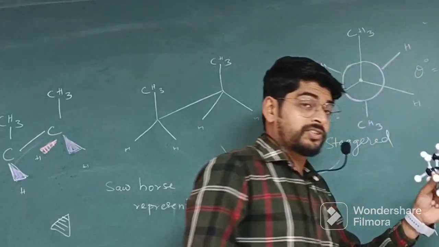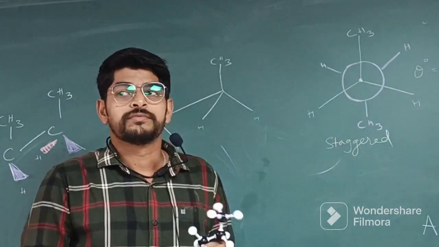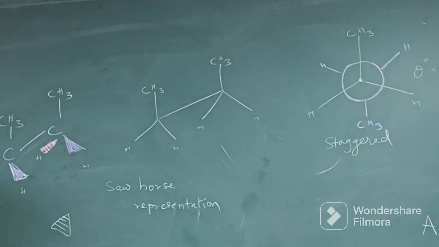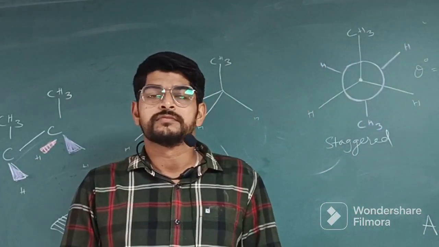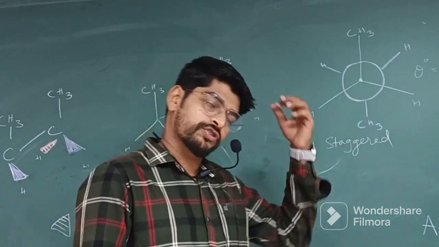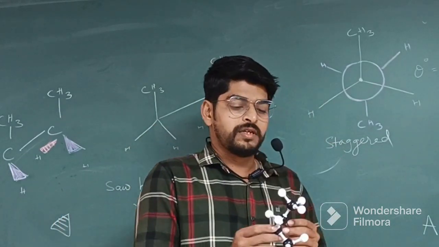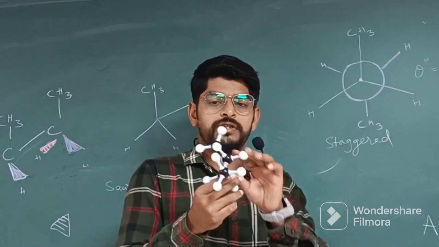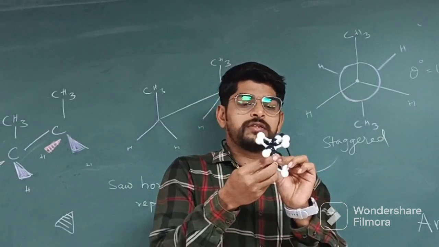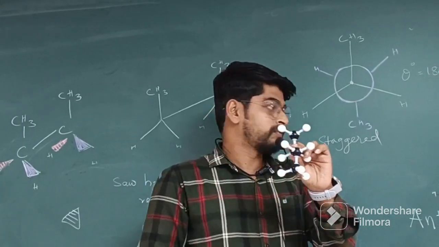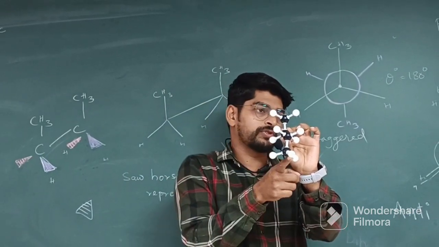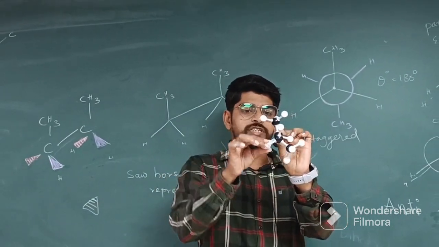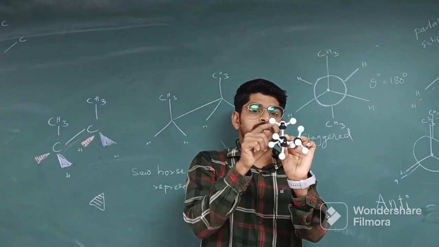Can I have any other such regular structure which is not skew? Think of it. Any other regular structure which is not skew? Okay, think along the lines of eclipsed. Now from eclipsed I have moved to staggered. In this staggered, methyl is exactly opposite to methyl, 180 degrees. I can have one more staggered where methyl is not exactly